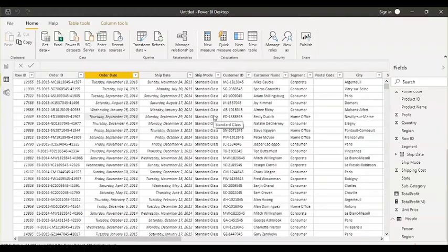DAX is not only for creating tables. You can create columns also, you can create measures also, and you can write expressions in row level security also. DAX should be performed in Power BI Desktop, not the query editor. You cannot access DAX in the query editor, nor can you write DAX functions there. DAX is supported only in Power BI Desktop. All right, now let's move further.